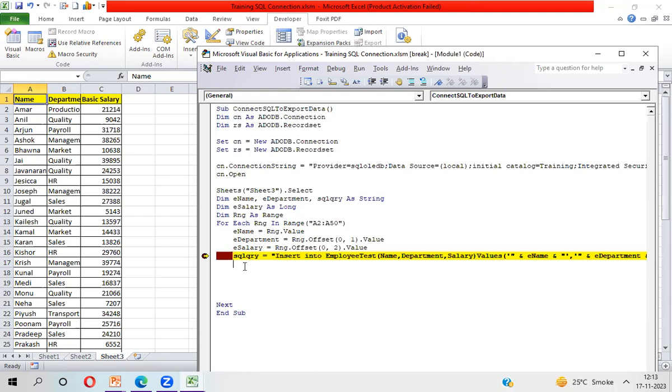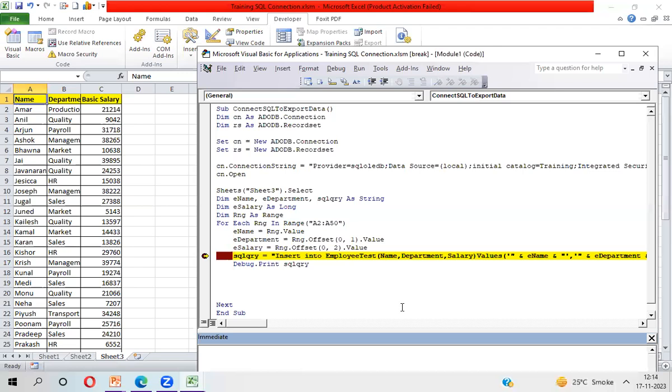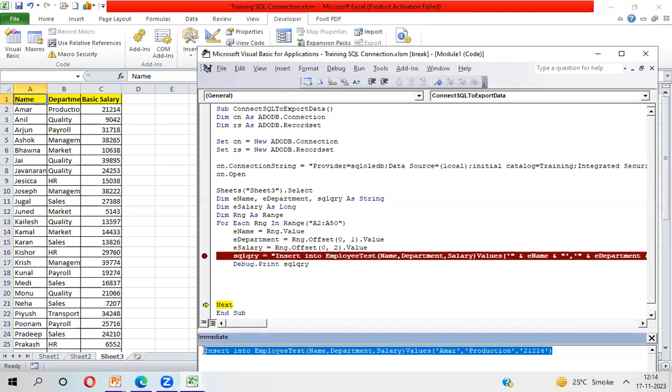Now, you need to write here debug.print and SQL QRY. So what will be the use of debug.print SQL? Whatever value I get in this SQL query variable, the same value will be printed in the immediate window. So I'm just opening the immediate window. See here, after running this, you can see this is my value. If this value is perfectly fine,